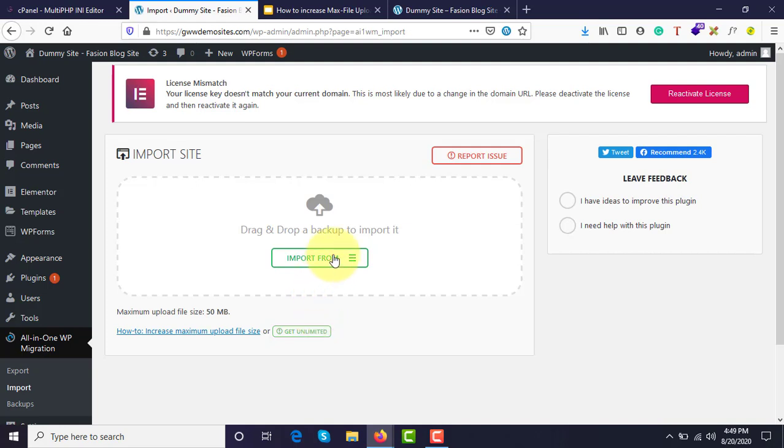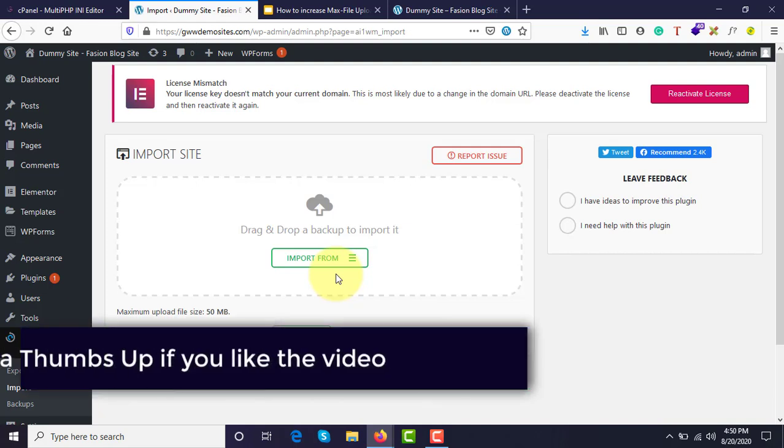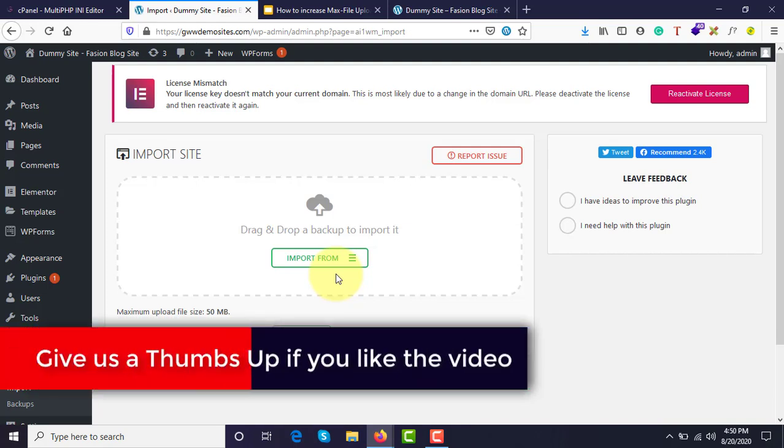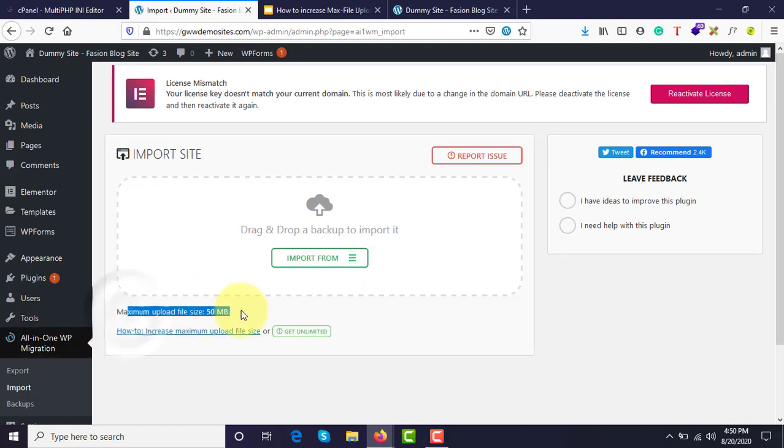This is just an example. If you are not using WordPress, or if you are developing a dynamic website using PHP or some other technology, in some cases you might have to increase the default maximum upload file size. And how to do that?